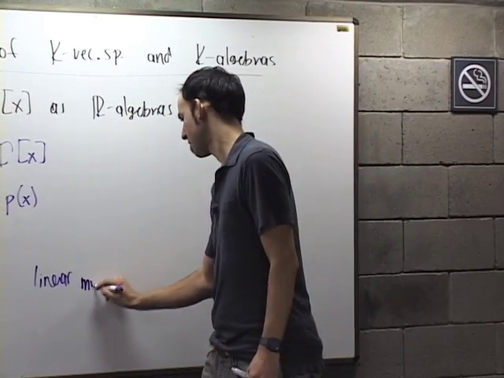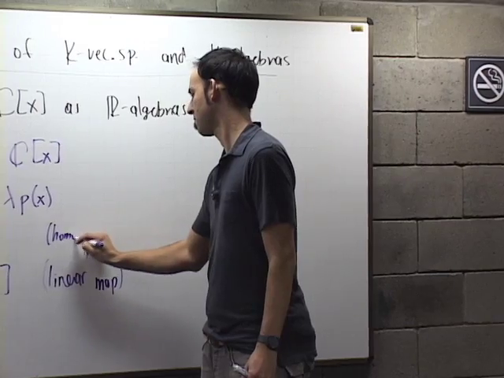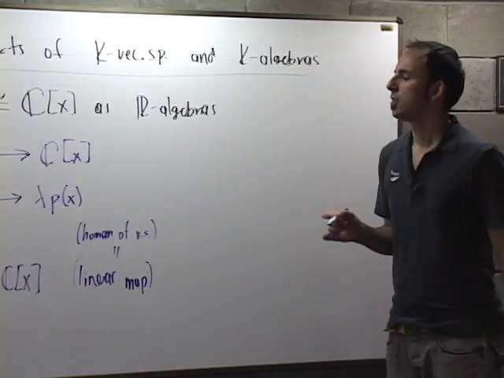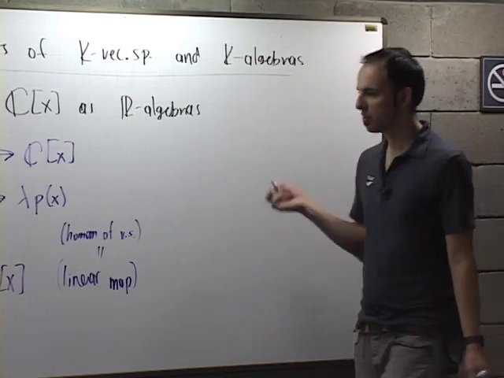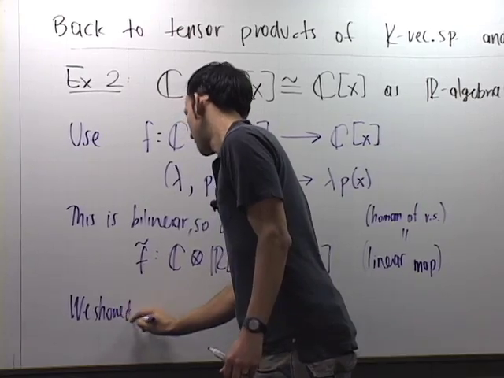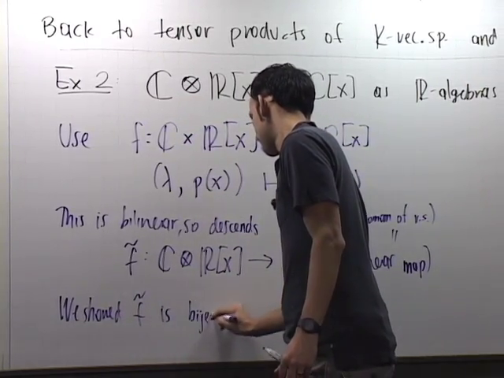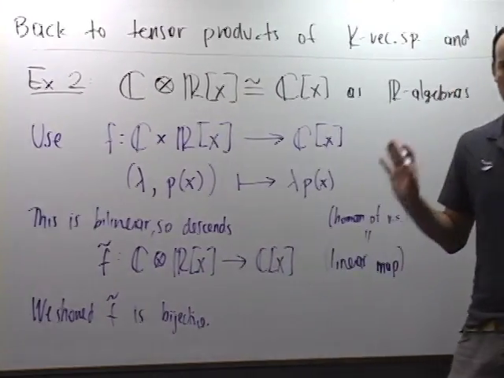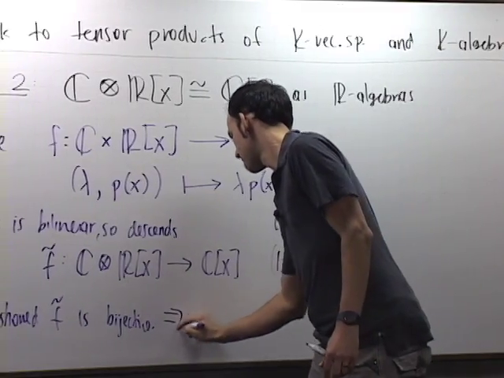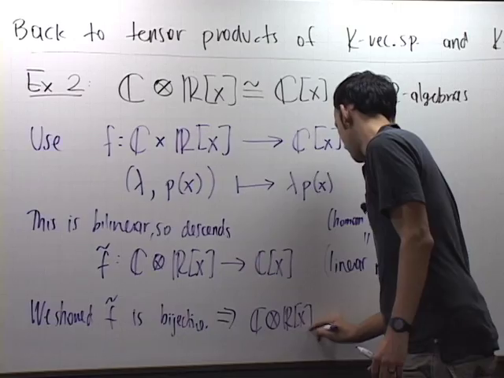So linear map is a synonym of homomorphism of vector spaces. And we showed that this is bijective, and that we did carefully. And so that means that these things are isomorphic